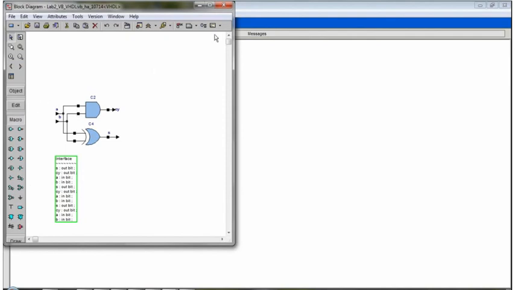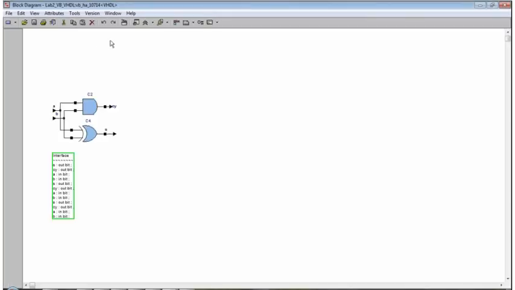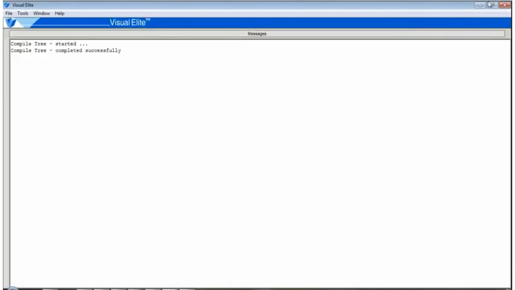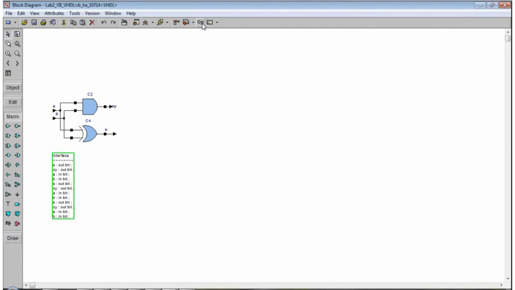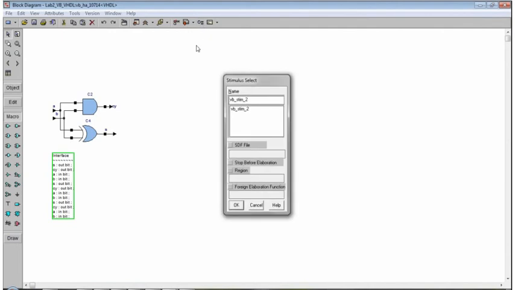And suppose if I want to simulate this, what I will do is just click on this compile tree, which will do the compilation of our input design. And then we need to go for stimulus. Like we'll have to click on this simulate, then we will be getting which stimulus has to be. Suppose if I have more than one stimulus here, I can select whichever stimuli I want to select, and based on that the simulation will run.